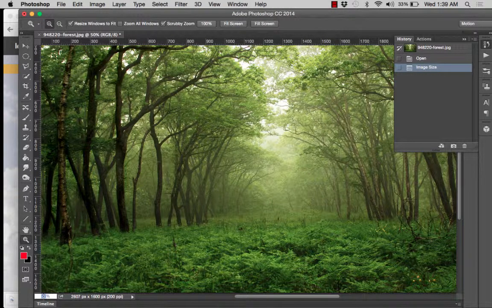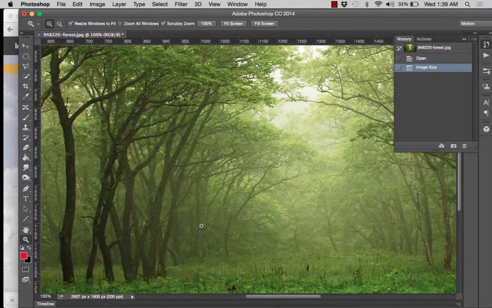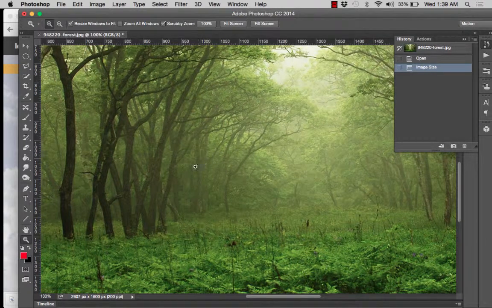Let's go back to 100% so we can see what we're actually dealing with. And some of the fuzziness is gone because we've basically given it more definition by reducing the pixel size and throwing some of the data away. And you don't want to zoom in beyond 100% because that's not useful. And if this is still not clean enough, what you could also do is